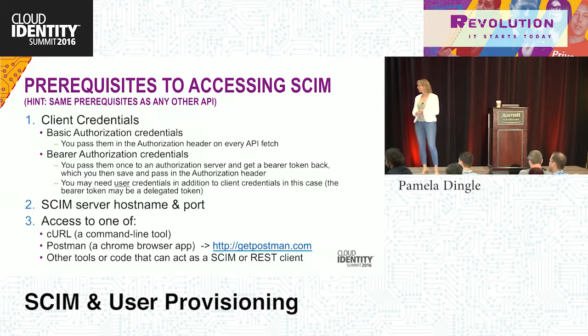A basic authorization credential is about passing basically an identifier and a secret as authorization to access the API. So that could be a username and password. It could be an API key and secret. You know, there's sort of a number of fancy names, but it really is identifier and secret together.